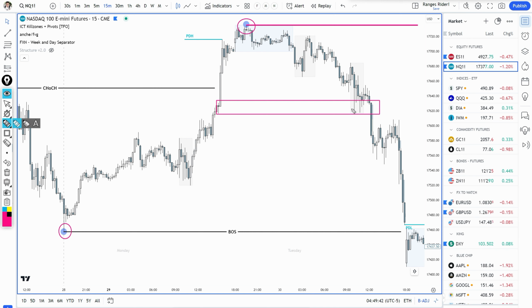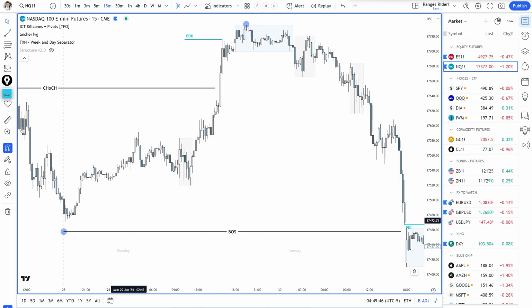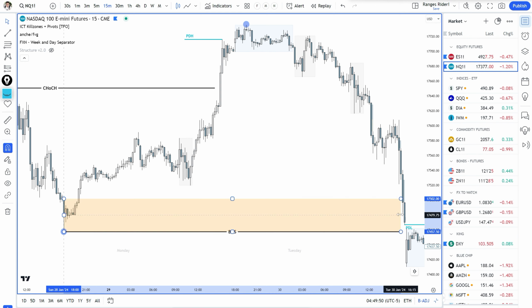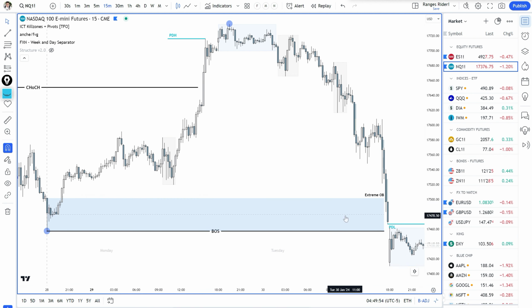When it failed, then I was expecting the price will go all the way down to the extreme order block here, but market closed here, and after market close Google released their earnings and market just flushed down,